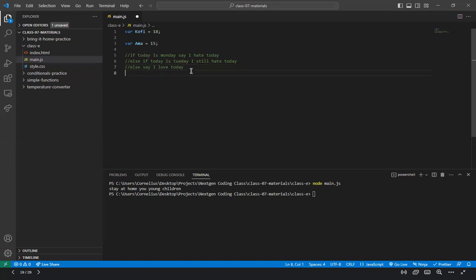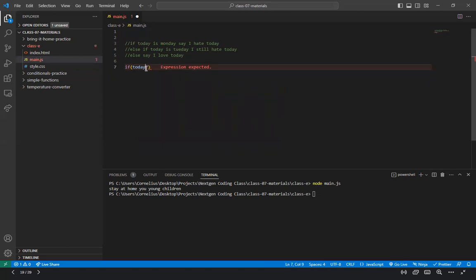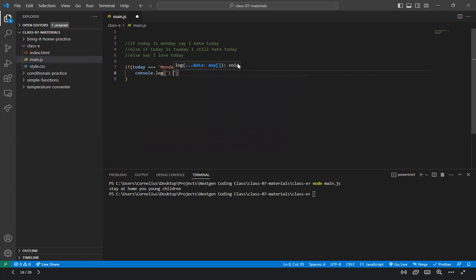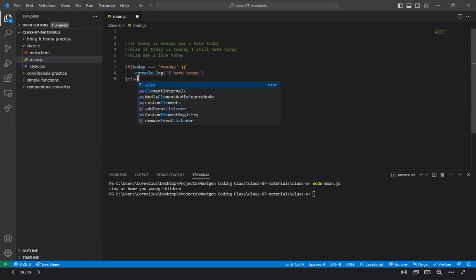So the way we do that is we have an if. If today is equal to, as always, we use 3 equal signs for equality. So if today is equal to Monday, and Monday is a string because it's a sequence of characters, console.log I hate today. Usually you put what you want to do inside the curly braces. Then outside of the curly braces, if you have an else if,